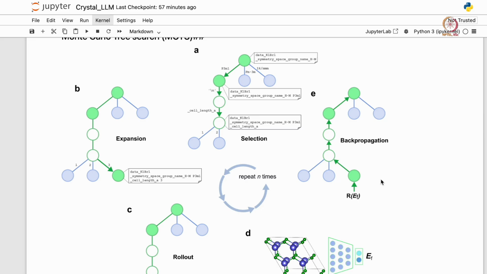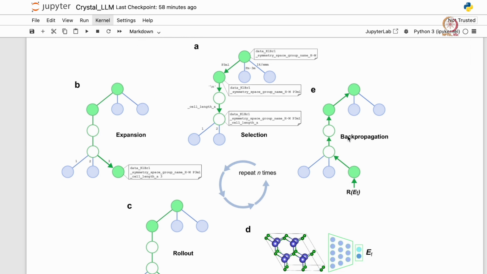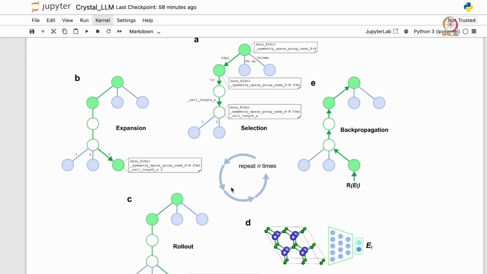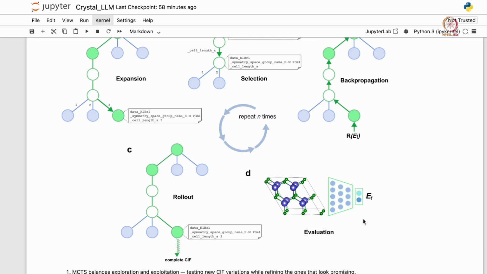During all this process, your main backbone LLM model is actually not being tuned, the weights and biases are not changing. So this backpropagation is not the neural network backpropagation that we saw, where the weights and biases would get changed. This backpropagation is of the score that you computed, to identify which of the branches are actually promising for this generation process. So after multiple iterations of this Monte Carlo tree search, what you actually get are compounds which are energetically very feasible and very probable to form.